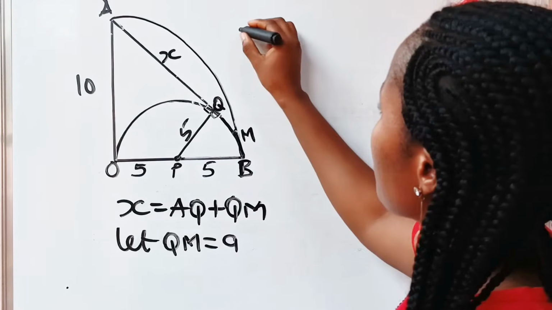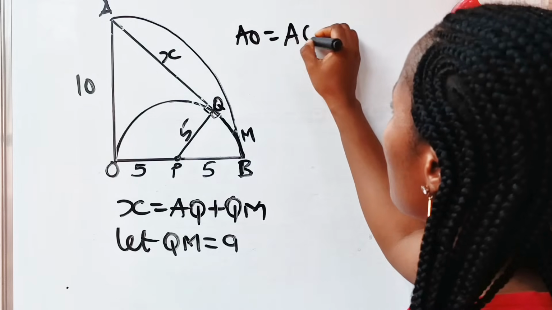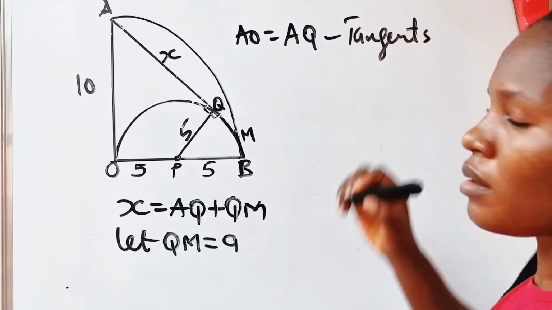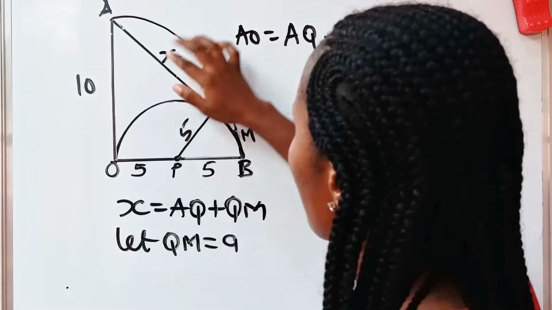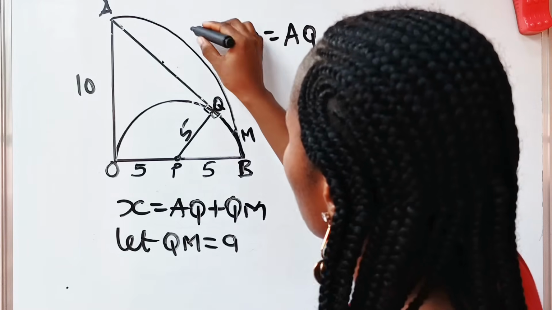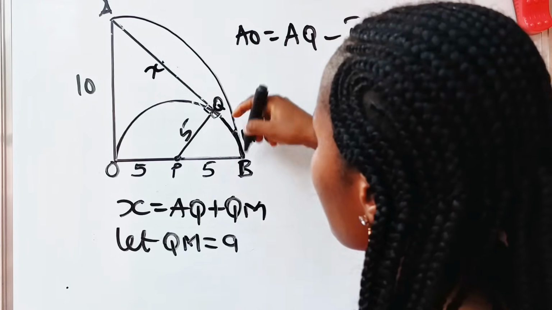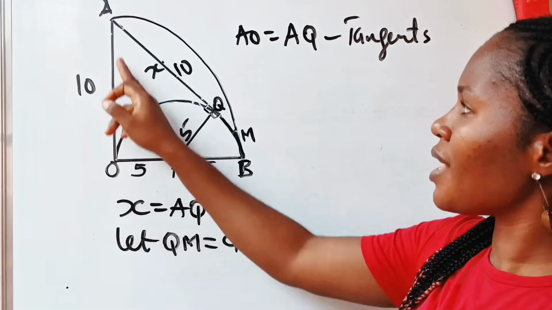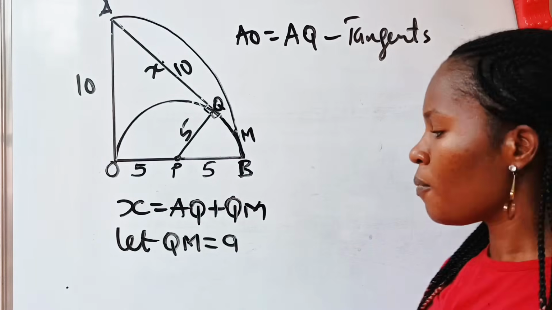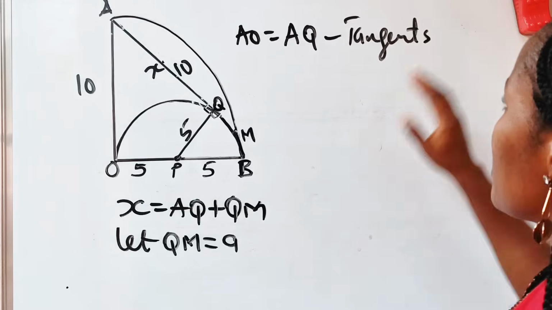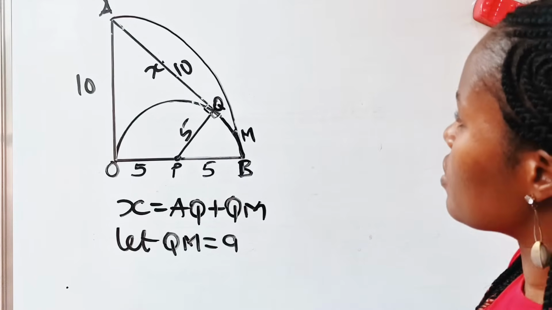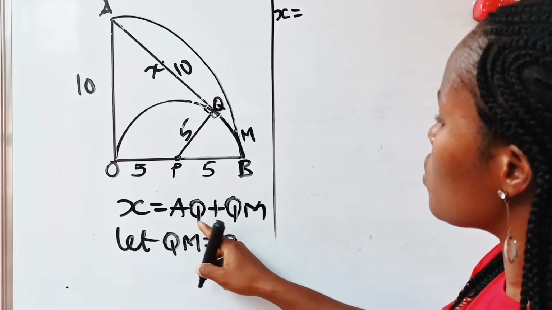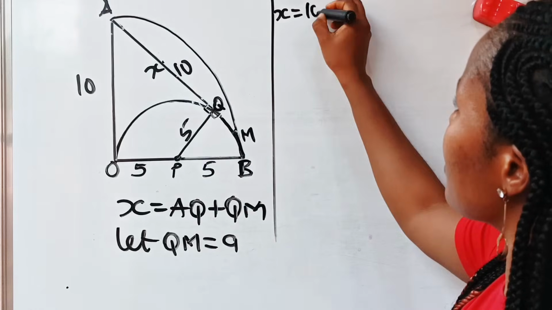So using this theorem, AO is equal to AQ. They are tangents. So permit me to write, even though we are looking for our x, AQ to be equal to 10 as well. Since AO is equal to 10, that means AQ is equal to 10. That means if you come back to this place, you will see that x that we are looking for, which is equal to AQ, our AQ now is 10